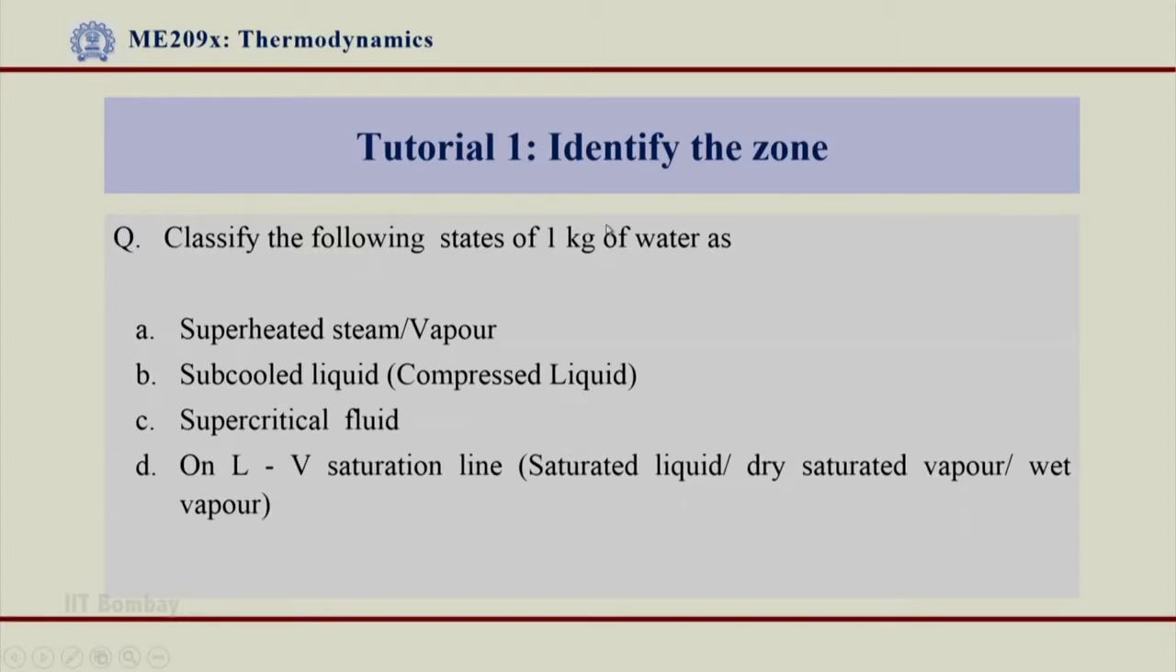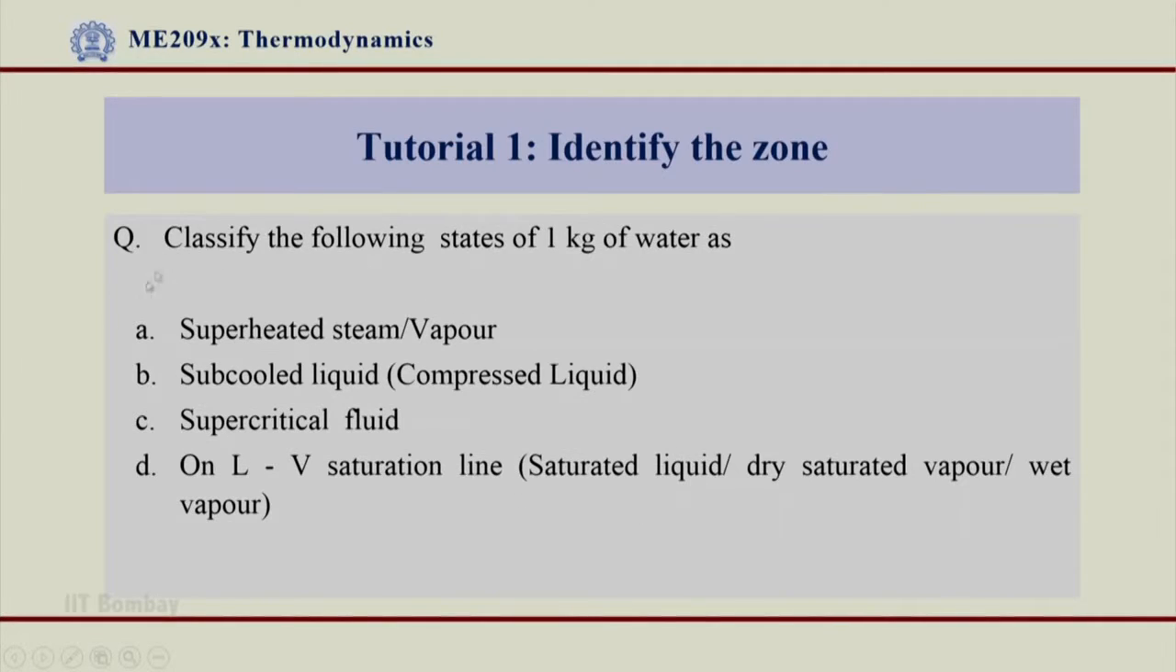So, welcome back. Having understood different zones on the PT diagram and also from the stream tables, let us now try to solve the tutorial where we can understand how to identify the zones. So, I got a first very small tutorial for you where with the knowledge we have had till now, let us try to identify a given pressure temperature condition or given property conditions, identify the zones as shown in